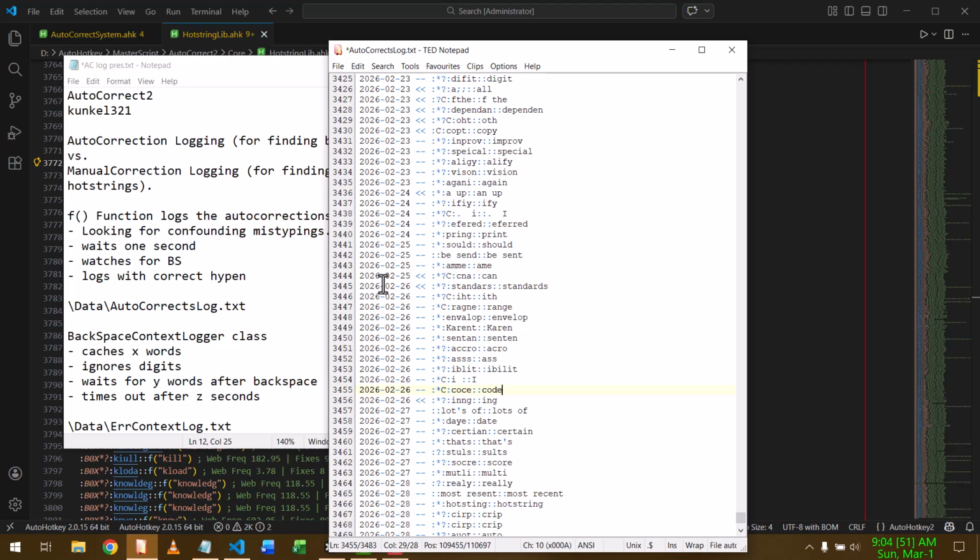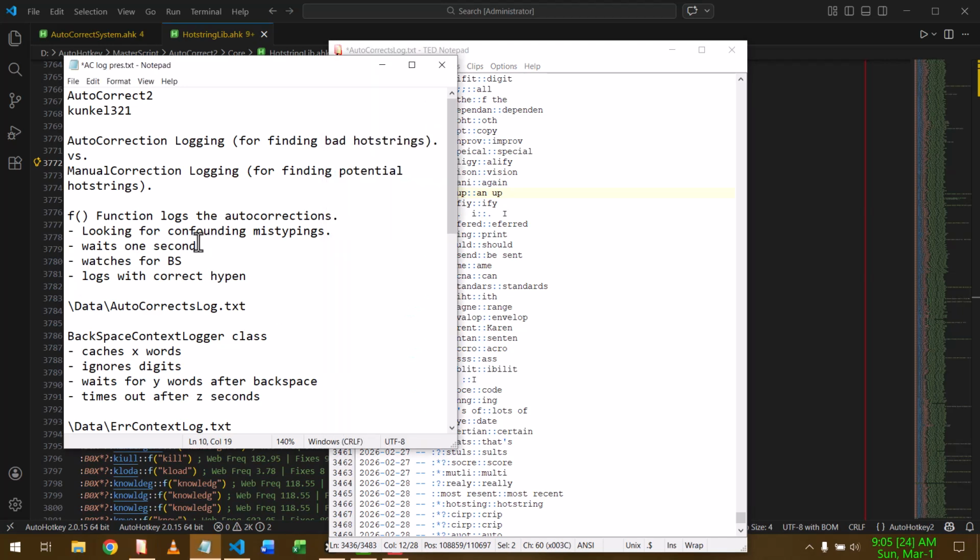Here it is. And so it formats it as a plain vanilla AutoHotkey hot string, puts the date, and it puts that hyphen. And so the ones with the dash dash are the ones where backspace was not pressed within 1 second. And these ones are where it was. And so that lends itself to being able to systematically, programmatically analyze this and look for the number of times any particular hot string was backspaced or not backspaced. And that is what the